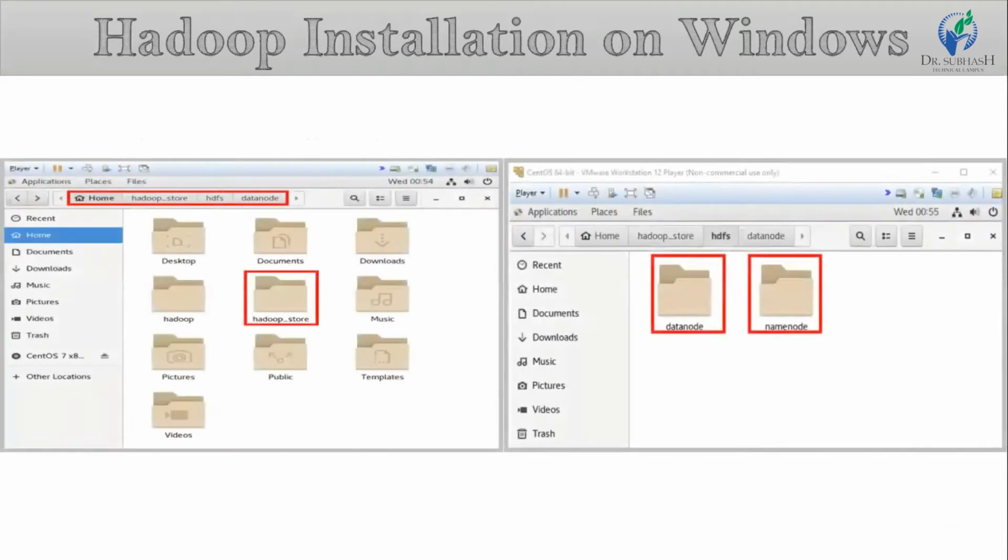Now, go to the highlighted path to check both the directories: home, then IntelliPart, then Hadoop underscore store, then HDFS. You can find both directories in the specified location as shown in the image.